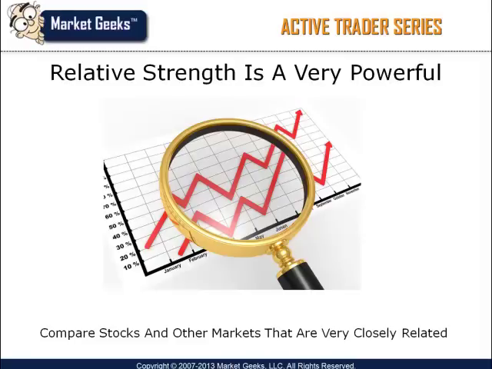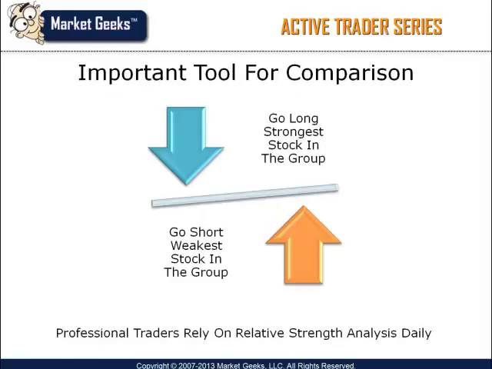Relative strength gives you a strong indication of how strong or weak a stock or market is compared to other related stocks or other markets. This offers you some very important clues as to what related stocks or other markets are doing and can give you important information about the stock or market that you intend to trade. If you're going to go long, you probably want to pick the strongest stock out of the industry group. And if you're trading short, you would probably want to pick the weakest stock in the same industry group. Relative strength provides you with the tools to analyze markets and compare strength or weakness between two related instruments.